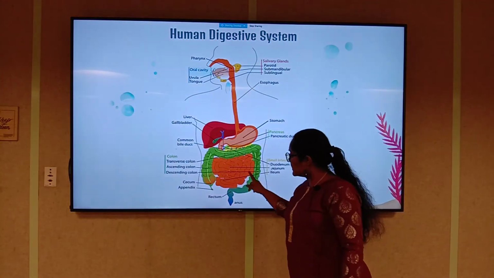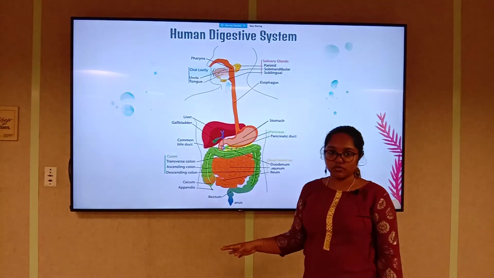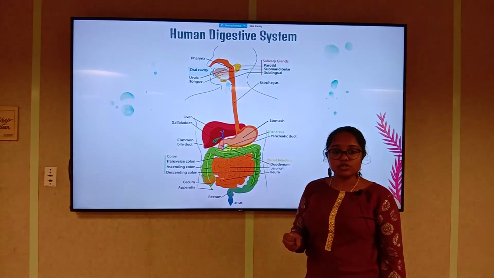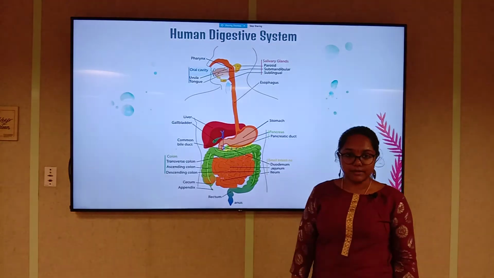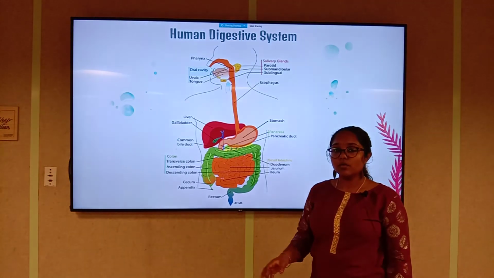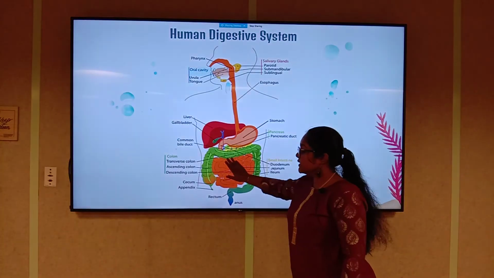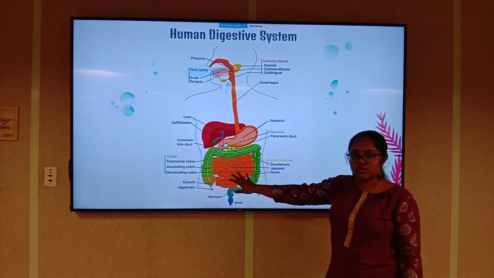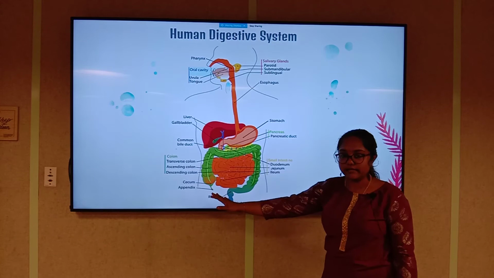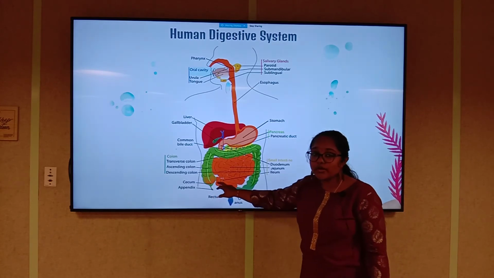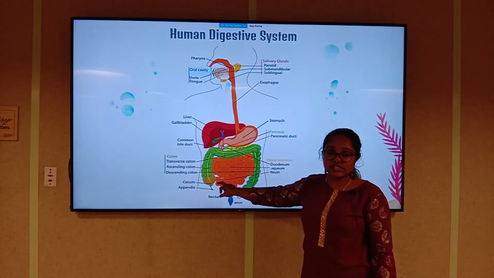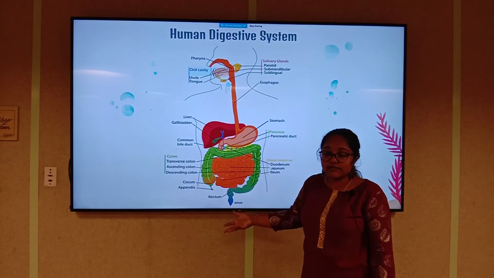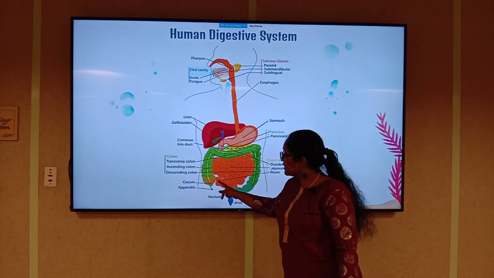Now, in the small intestine, the digestion gets over and the nutrients are also absorbed into the blood. How? We'll see further. After that, the unwanted food waste, which is still there without getting digested, will be transferred to